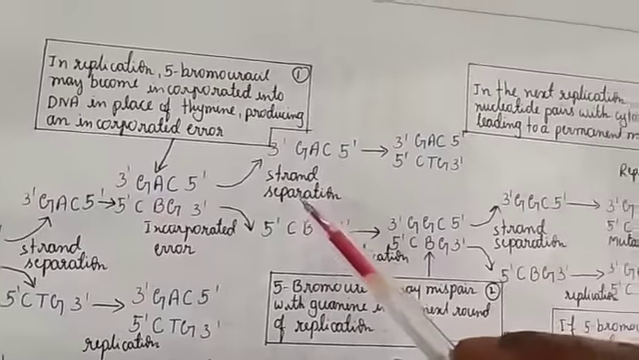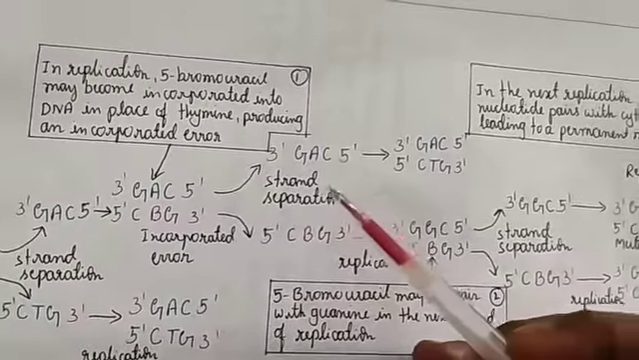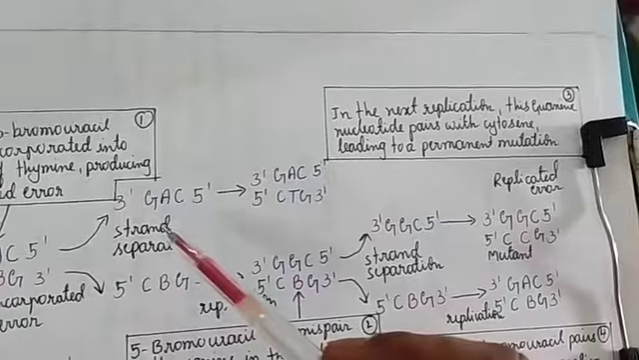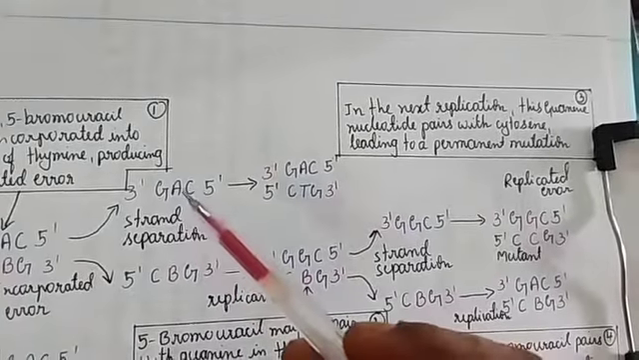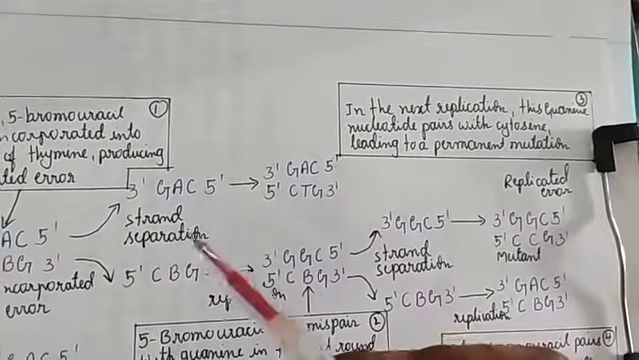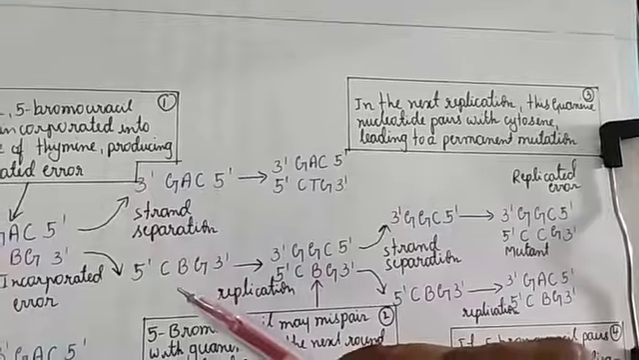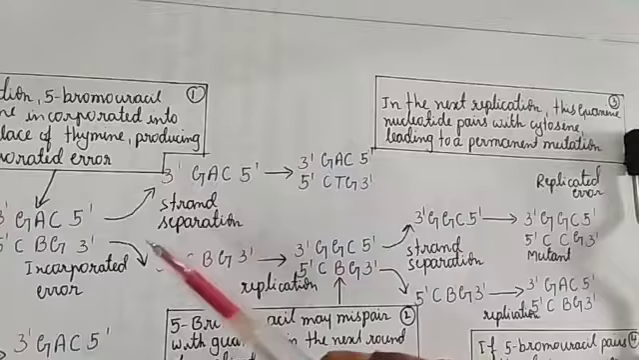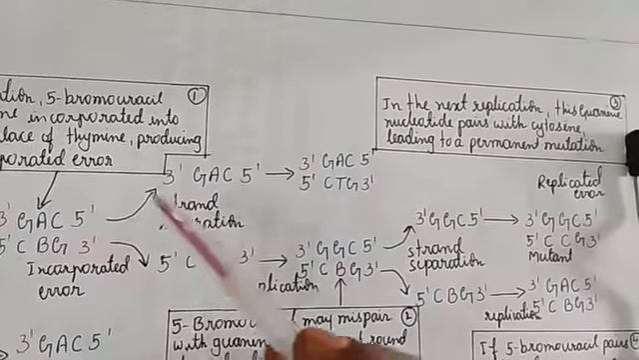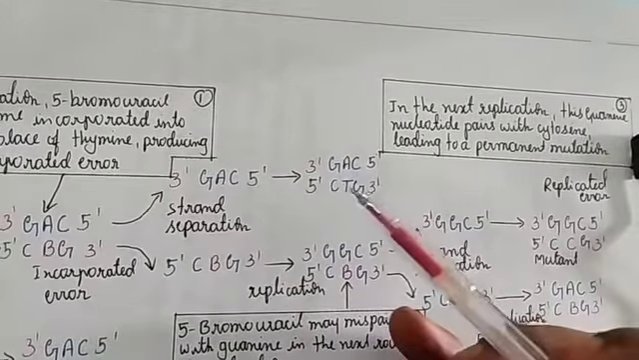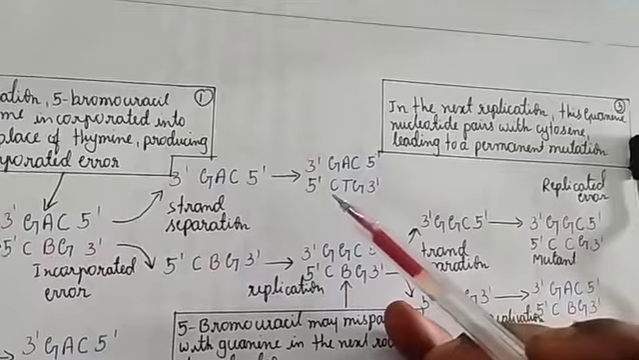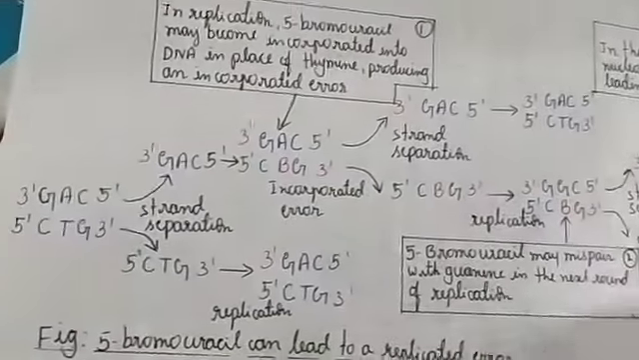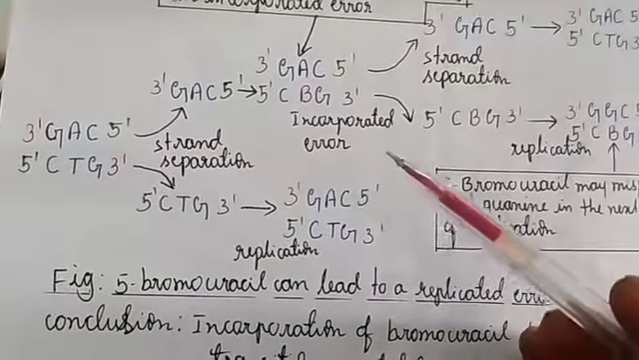Both DNA get separated, where in the next round this guanine nucleotide pairs with the cytosine, leading to a permanent mutation. Here after the next round of replication, this guanine pairs with the cytosine, which leads to the permanent mutation. Okay. Next, here what happens when the